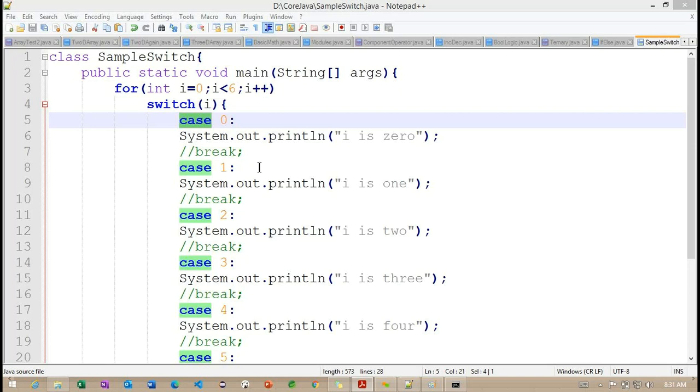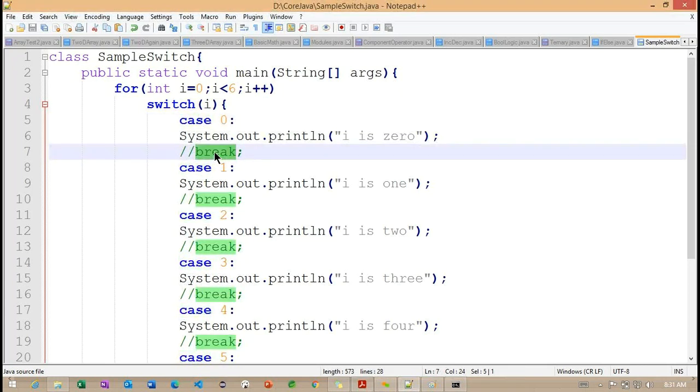See, basically in the switch cases, if we want to execute only one case, we need to use the break. We cannot stop here without the break. So the break is very important.